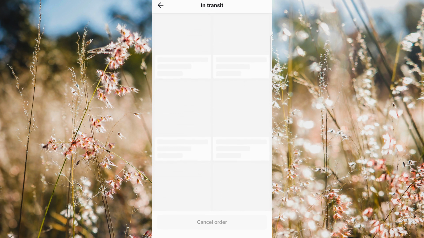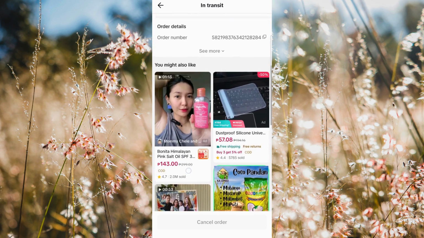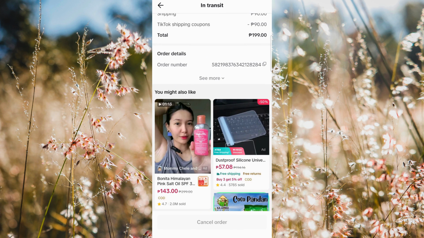A few helpful tips. The Cancel Order button is only available for a limited time, usually before the seller ships the item. If you don't see the option, it likely means the order is already being processed or shipped and can't be cancelled. In that case, you'll need to follow whatever post-purchase options are available within your orders once the